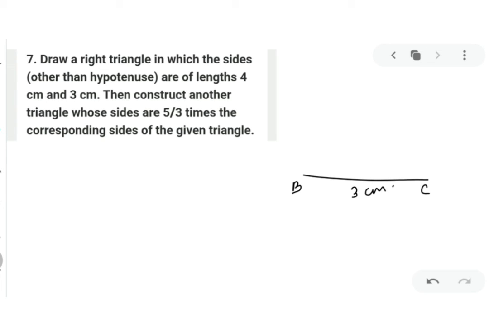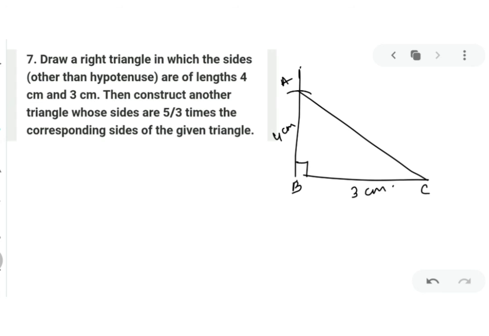So you want to make 90 degrees. You can make 90 degrees at B. So I'll make 90 degrees here. Okay. Once you make this as 90 degrees, now take B as a center. You have to make an arc of 4 and mark this as A. Now you can join your AC. So your required triangle ABC is ready with you.